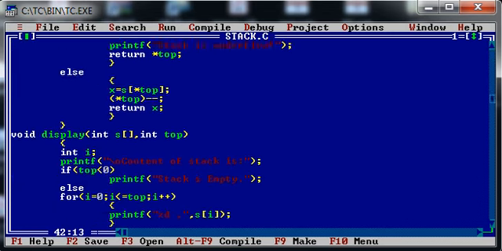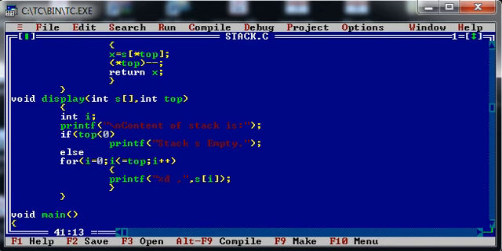Similarly, let's see the display method. Over here you can see display method contains two parameters in it, right? If the top contains negative value, then I can say the stack is empty because the lower bound of my stack is 0, right?